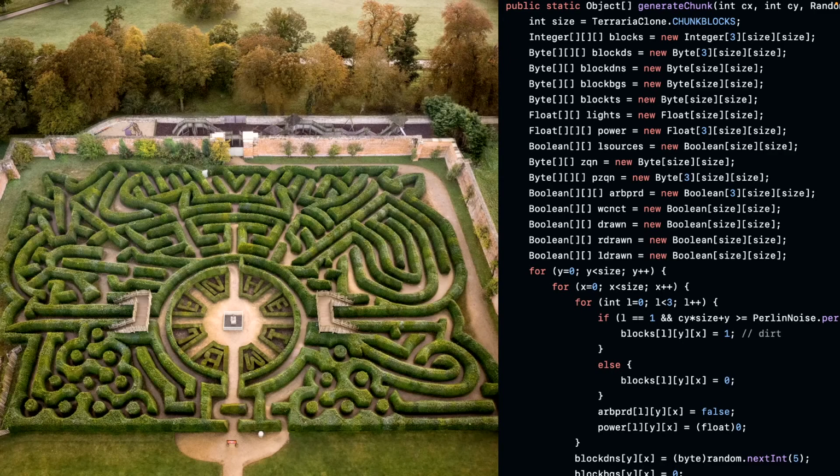Just as we have to follow the paths of the maze with our eyes to make sense of it, we have to run the program in our head to understand the behavior piece by piece in minute detail. The code to the right is a snippet from the infamous Terraria clone spaghetti code project.